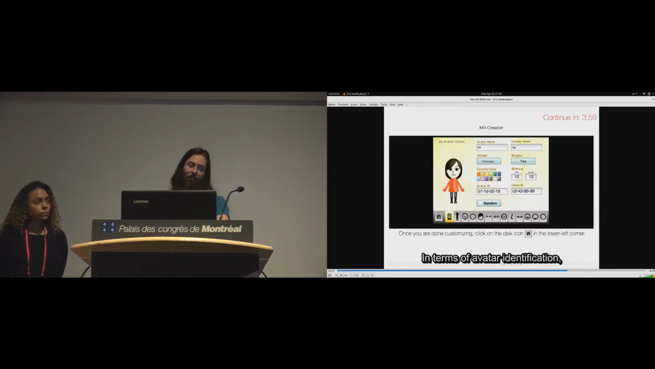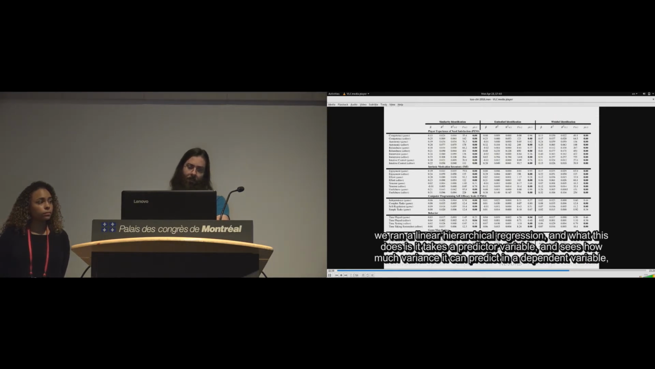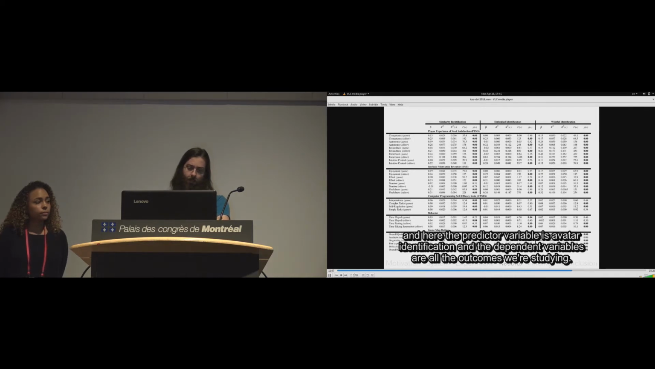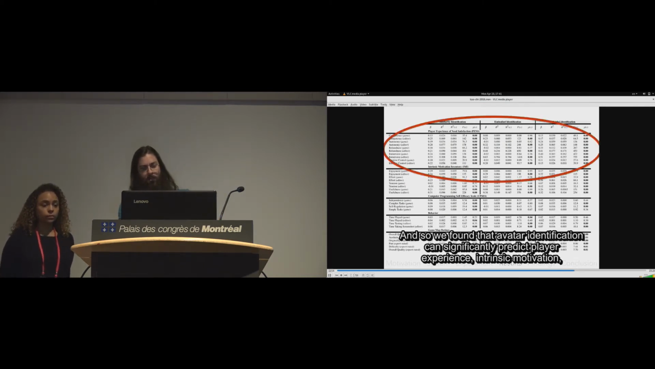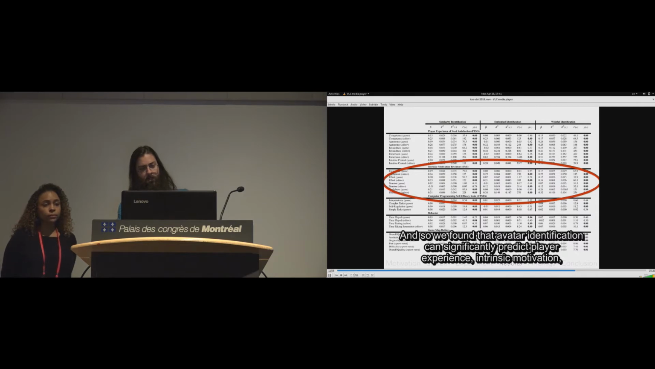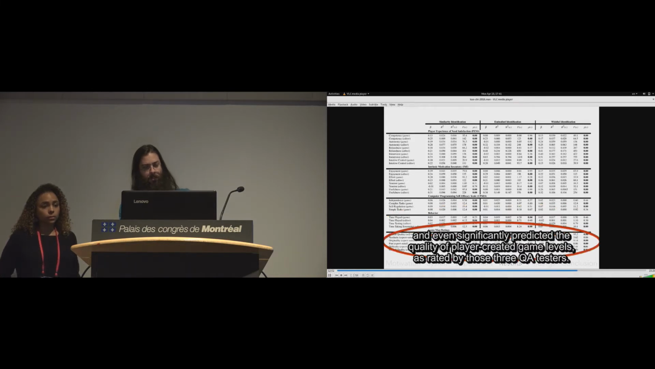In terms of avatar identification, we ran a linear hierarchical regression. What this does is it takes a predictor variable and sees how much variance it can predict in a dependent variable. Here the predictor variable is avatar identification, and the dependent variables are all the outcomes we're studying. We found that avatar identification can significantly predict player experience, intrinsic motivation, self-efficacy, the time spent in both the game and the editor, and even significantly predicted the quality of created game levels, as rated by those 3